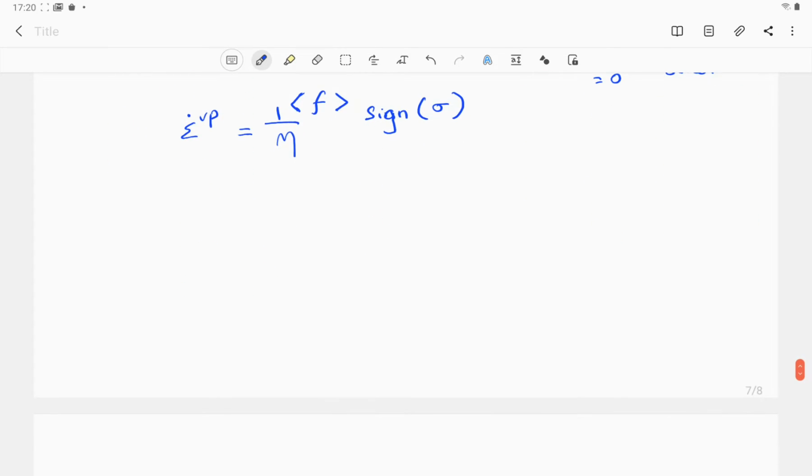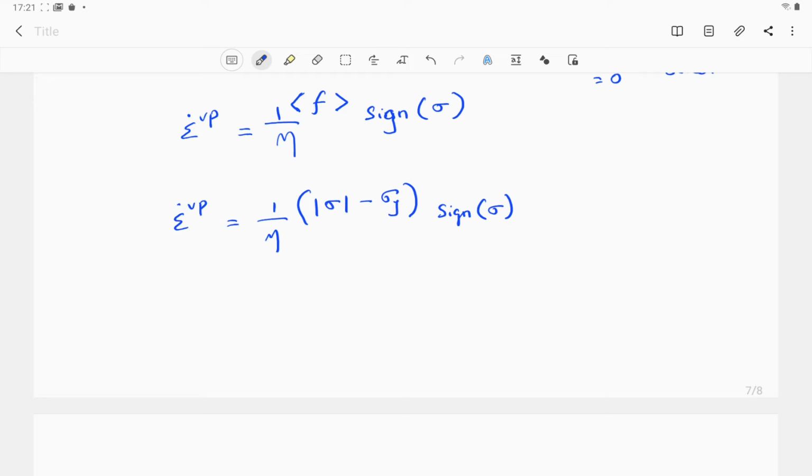Okay, if that's the case, then epsilon dot Vp is equal to 1 by eta into modulus of sigma minus sigma y into sine of sigma. Okay,